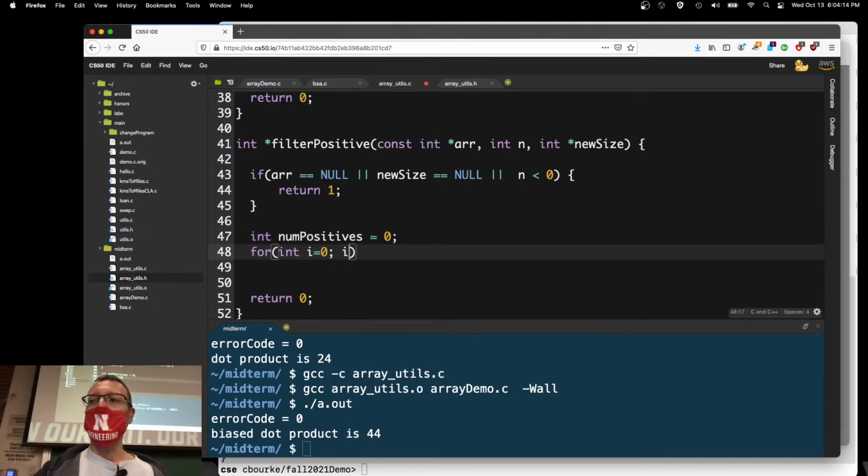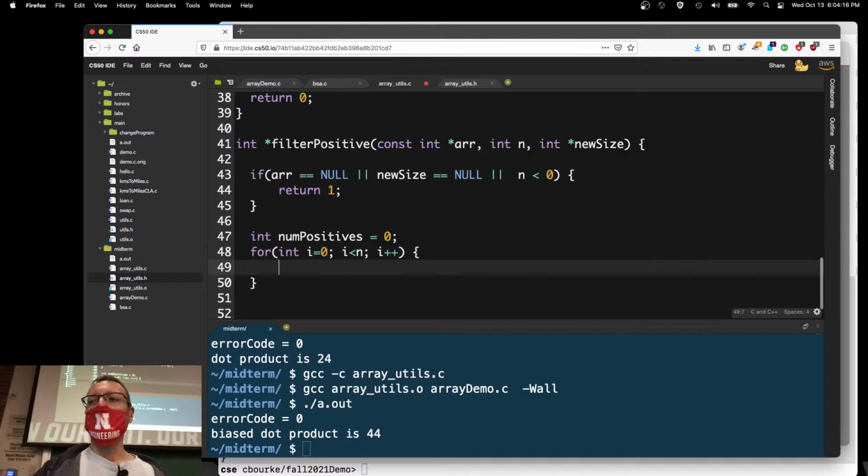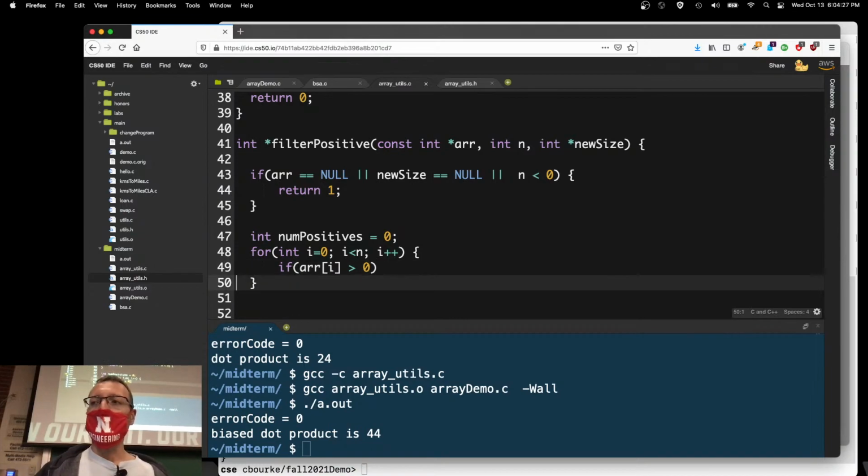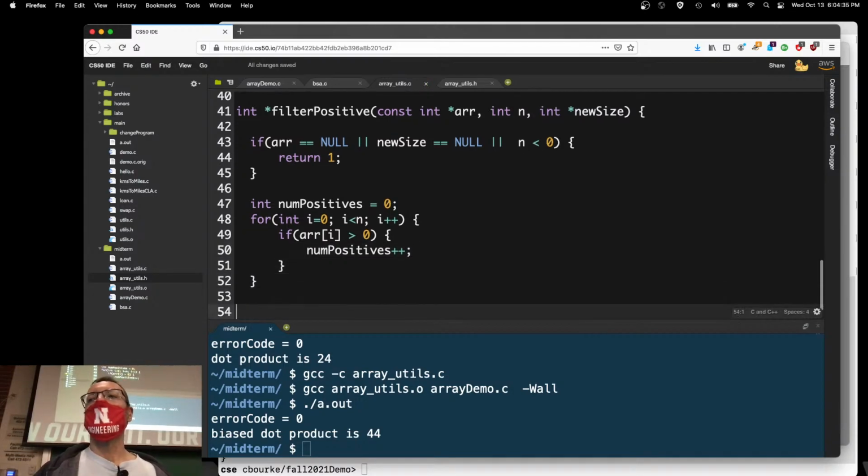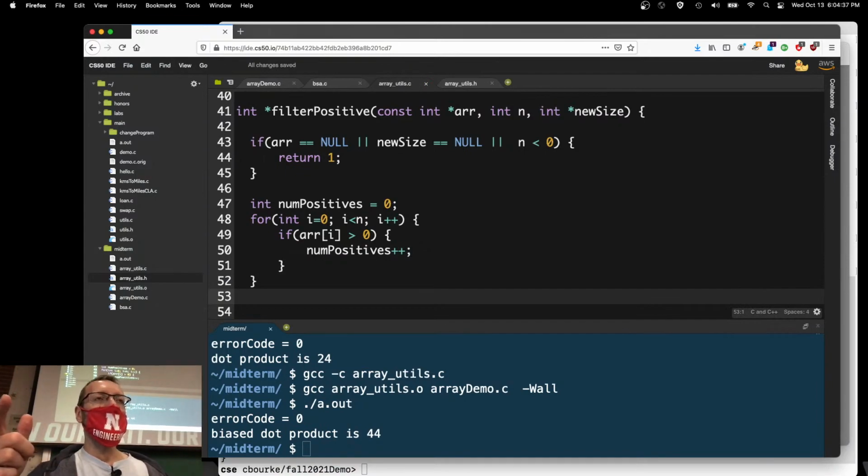For i equals 0, i is less than n, i plus plus. For each element in the array, if the ith element is positive, not if it's equal to 0, I'm not including zeros, only positive numbers. If it's positive, then increment my counter. There we go. Once I know how many things should be in the resulting array, now I can allocate